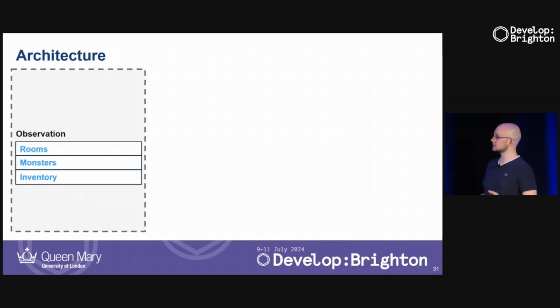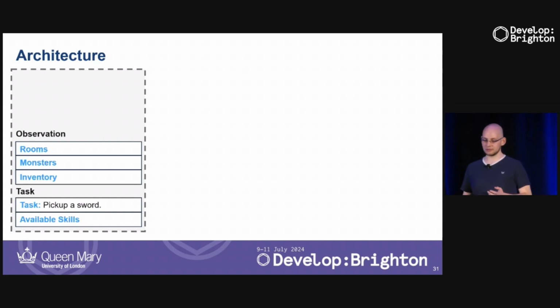And the first thing we want to do is describe NetHack to the agent itself, right? Some kind of observation description where we tell the agent, this is what you're playing, this is how it looks, and this is what you have access to. We're going to look into this in a little bit more detail in a few seconds. To also play the game, we have to give it some kind of task and a set of skills, or tools in this case, right? If you remember back, we give it access to some kind of tools so that it can play the game in a high-level manner, meaning the language model doesn't have to do low-level planning. It just gets access to our tools that it can use to play the game in a more efficient way.